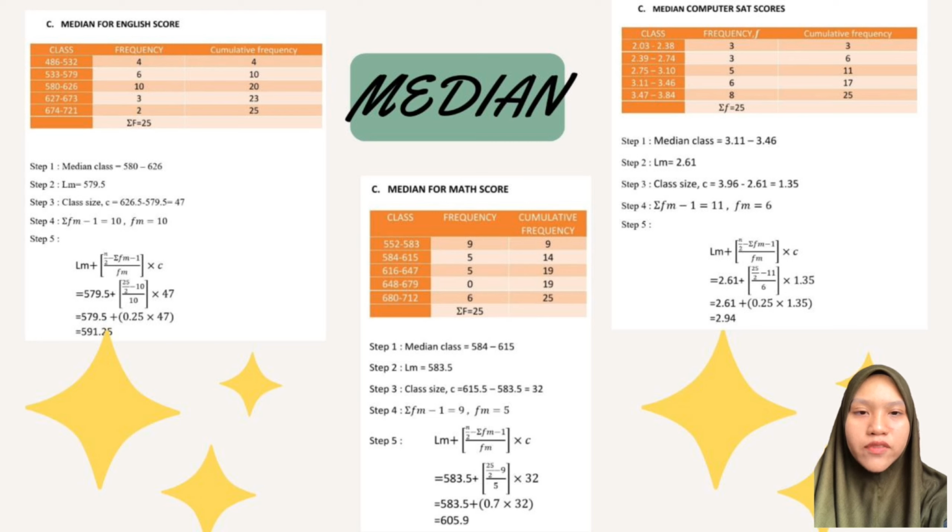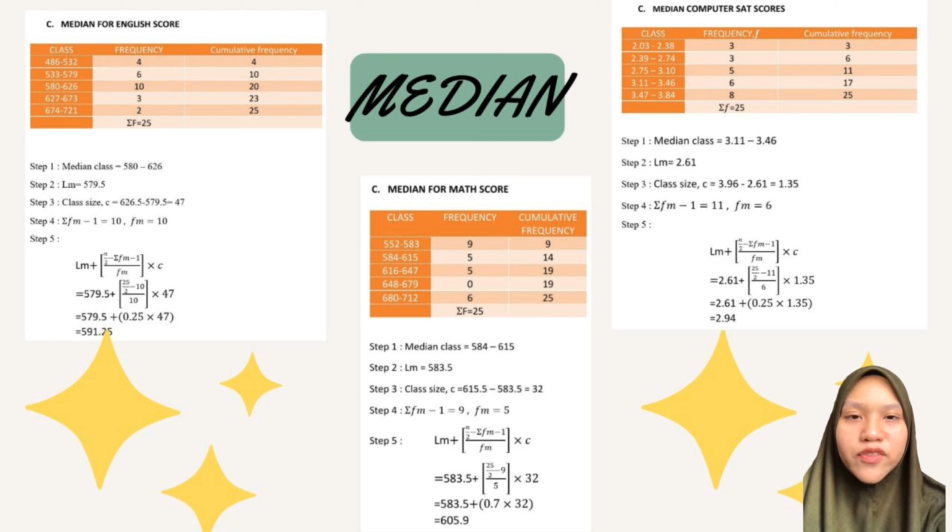The median for the mathematics score is 605.9. About 50% of the university students get less than 605.9, and the other 50% get more than 605.9 for mathematics. The median for the English score is 591.25. About 50% of the university students get less than 591.25, and the other 50% get more than